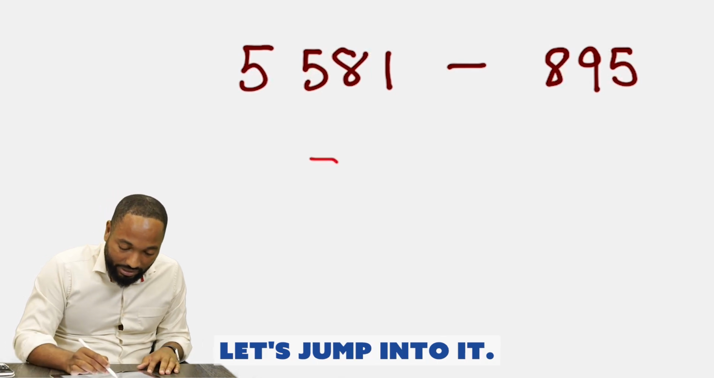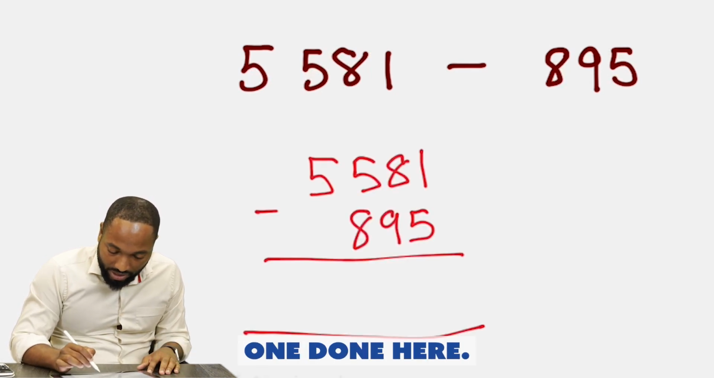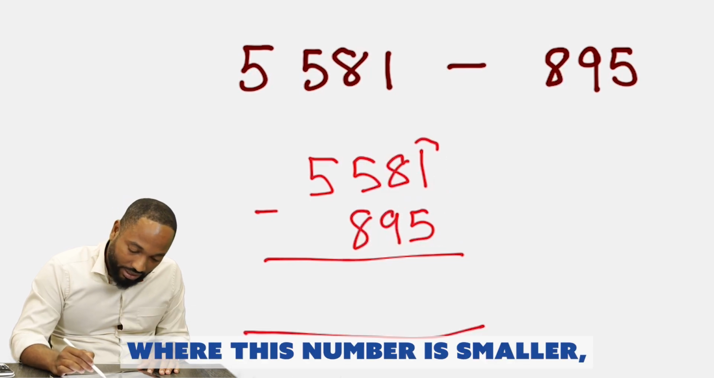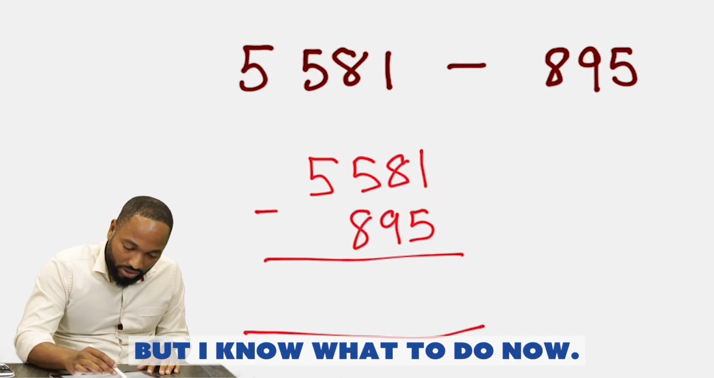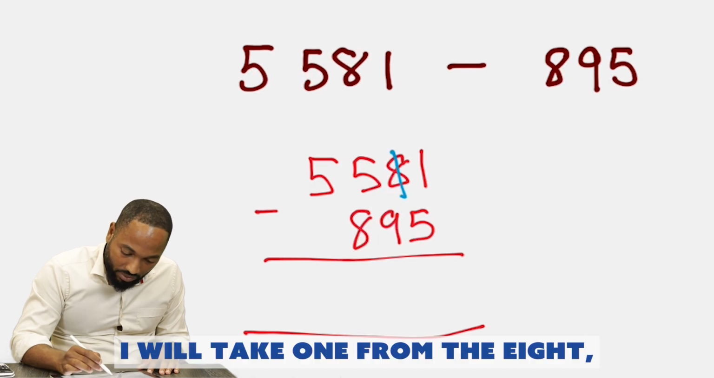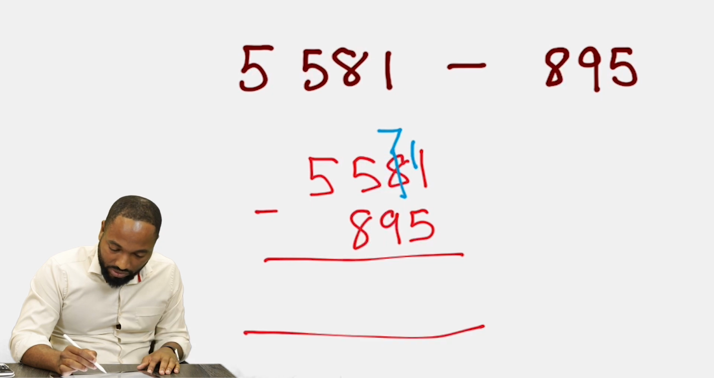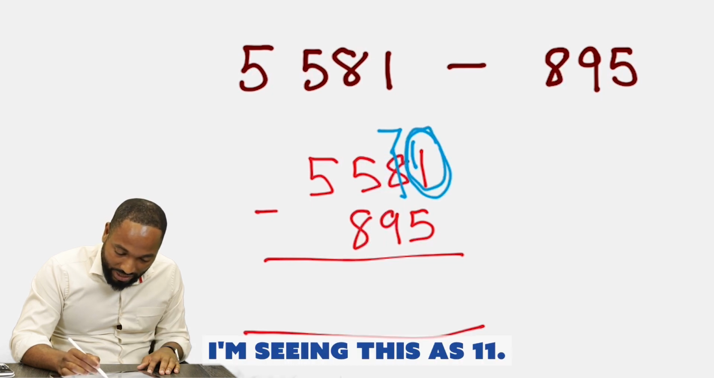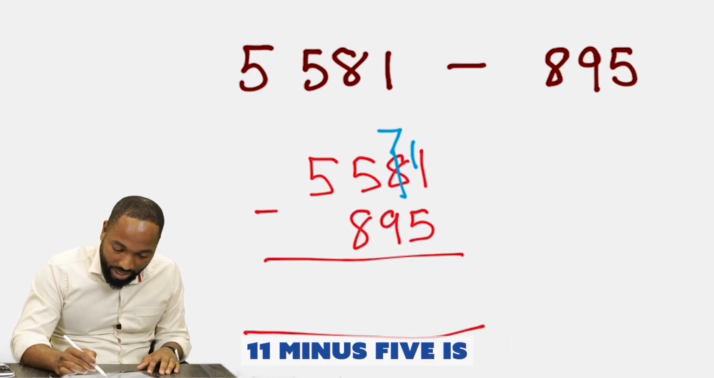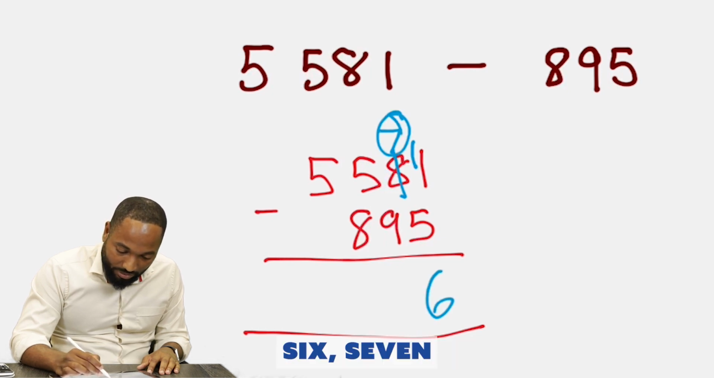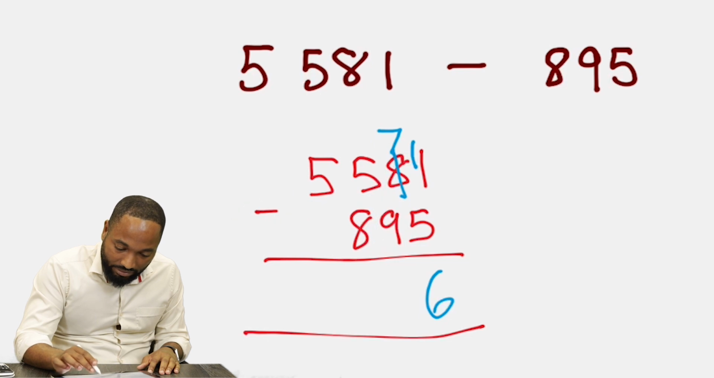Let's jump into it. So I'm excited to get this one done here. I'm seeing I'm getting the same problem where this number is smaller, but I know what to do now. I will take 1 from the 8, it becomes 7, I'll bring it across. That's 11. I'm seeing this as 11. 11 minus 5 is 6. 7 minus 9 is